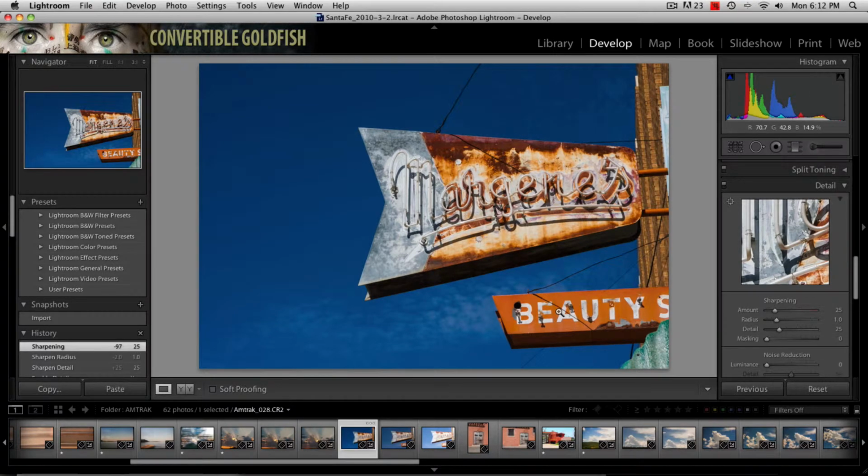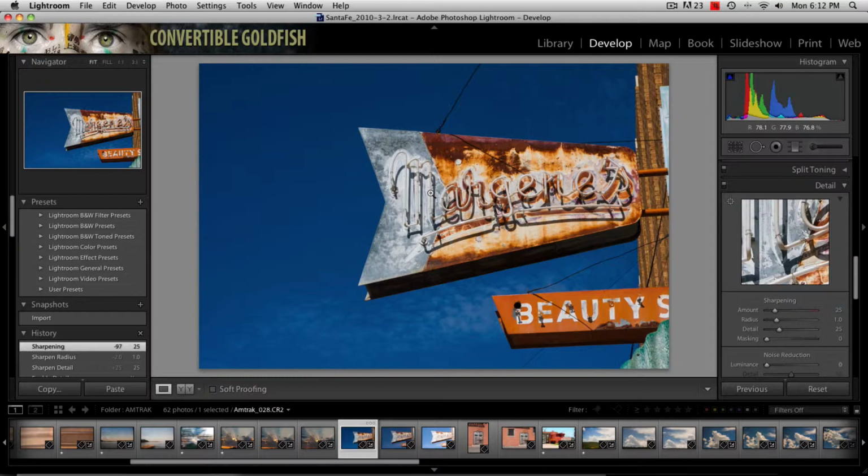Greetings everybody. For this video I'm going to be demonstrating the sharpening features in the detail portion of the develop module in Lightroom. To begin with, whenever you are sharpening or applying noise reduction, again this video is just going to be on the sharpening portion of it, but when applying sharpening or noise reduction you want to be